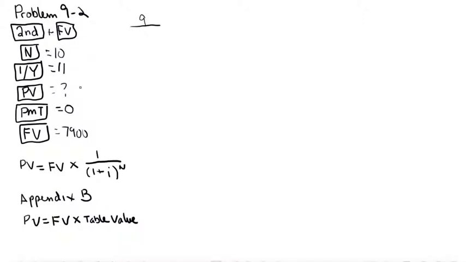Now, to solve for present value, I'm just going to compute. I'm going to push my compute button and then PV, and that will give me the answer. So compute, which is in the upper left hand corner, and then the PV button. And what do I get? I get a minus